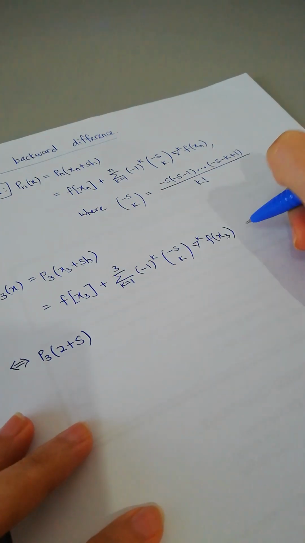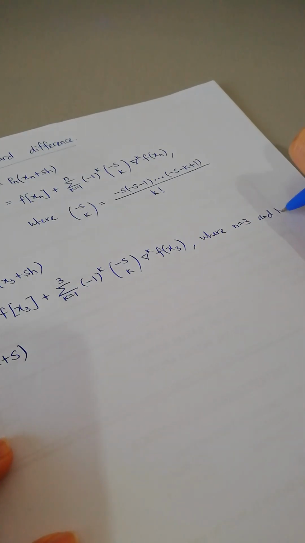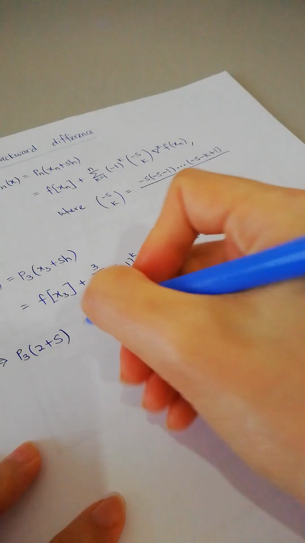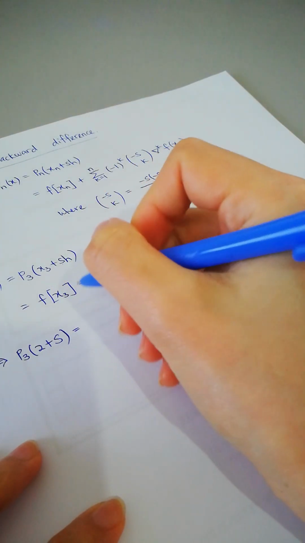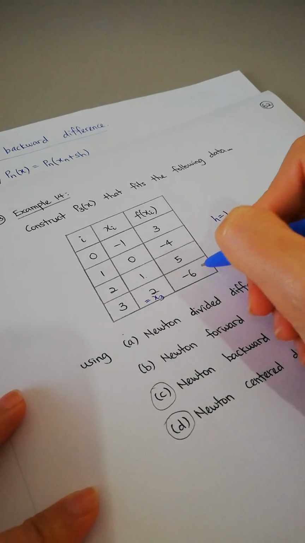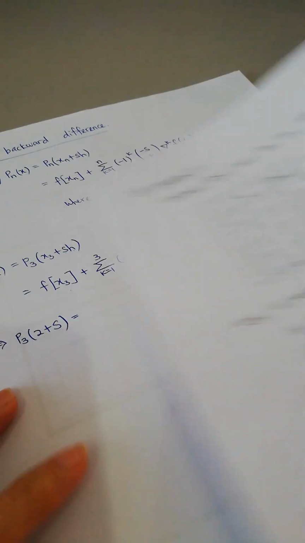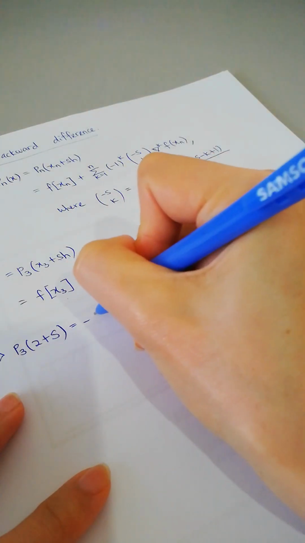Where I know that n is equal to 3 and h is equal to 1. So this is equal to your f(x3). Always know that this is your f(x3). Alright, so f(x3) is equal to -6. So you have -6